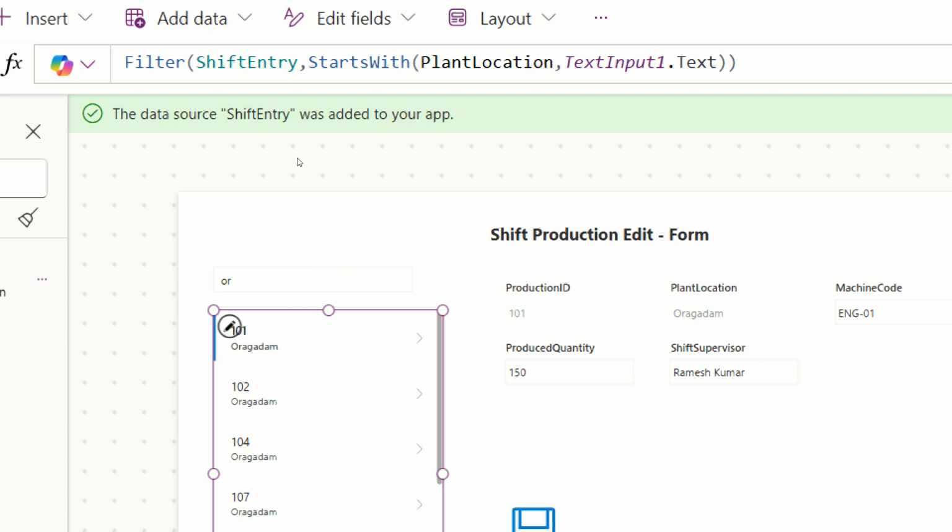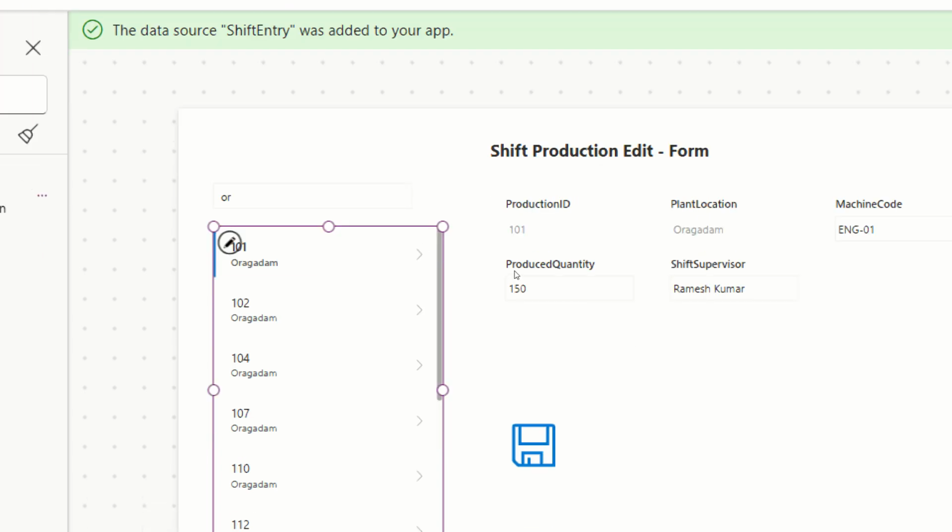One more thing is possible here. Instead of StartsWith, you can even use one more function called EndsWith. But I don't want StartsWith or EndsWith. I can type any word in between, a middle word also. Maybe instead of Oregadam, if I type GAM, in between also. I can type something in between characters, because I don't know the full spelling. If I type something in between also, it should appear. So what we will do is,